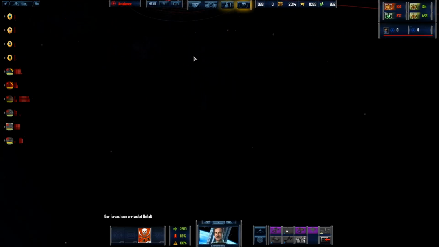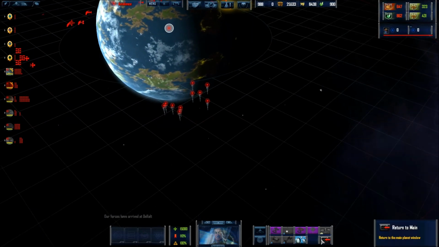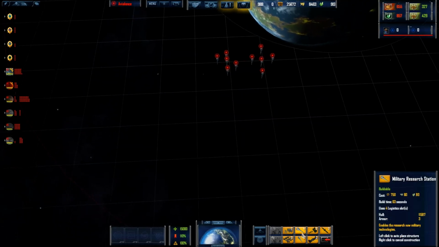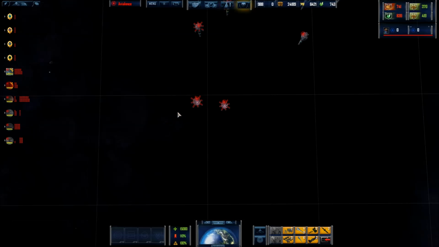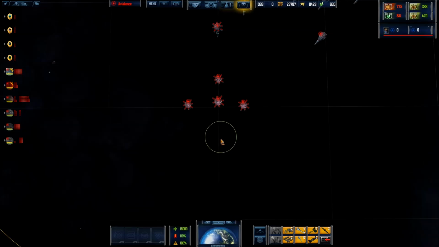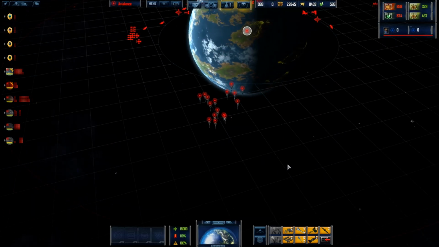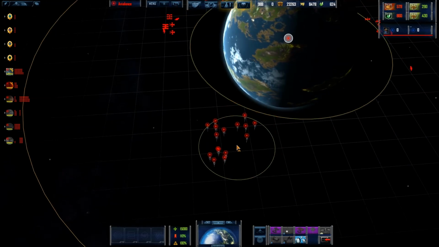Militarily speaking here, we really should start soon. Okay, so let's go ahead. So we've got 4. I'd like to build 2, 3, 4, 5, 6. Perfect. That'll be all of our military research stations, and then what we're going to do...